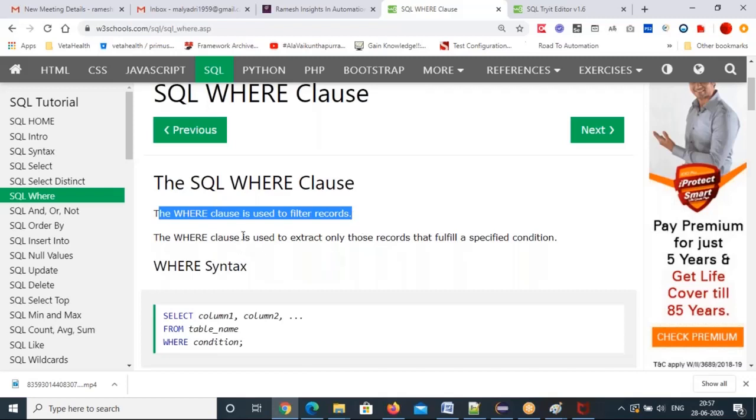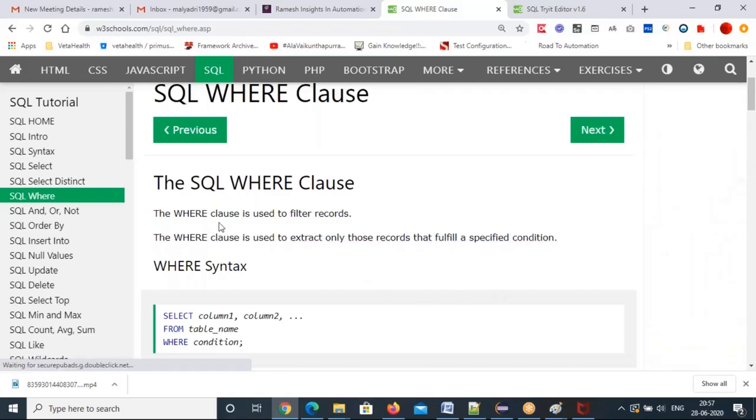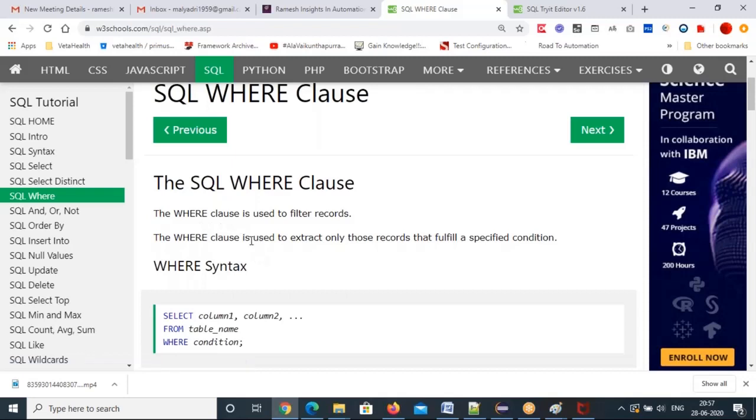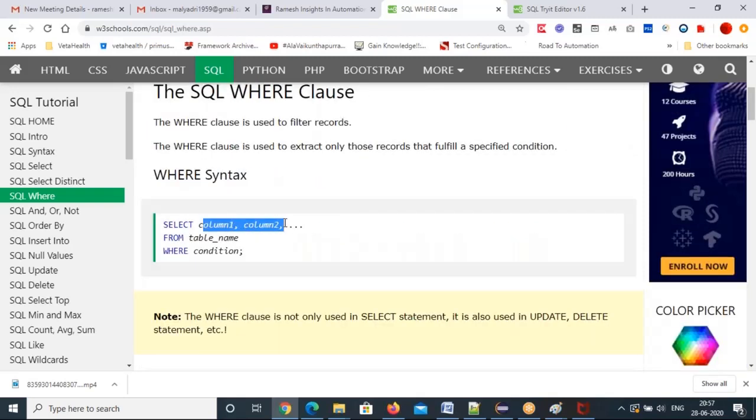The where clause is used to extract only those records that fulfill the specified condition. Based on the condition you want to get the data. If you want to specify that condition, you have to use a where clause. So what is the purpose of the where clause? It is used to filter the records, and you can retrieve the data however you want. Select column1, column2 from table where you write the condition.